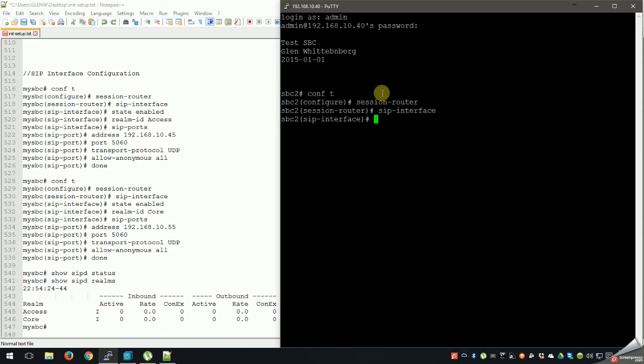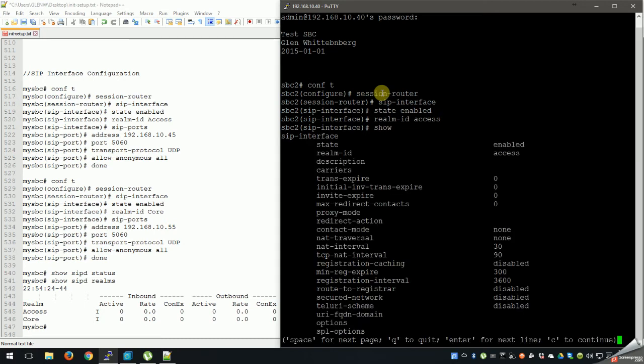First thing we want to do is do the state enable. All right, and we'll do a realm ID. And we're going to make our realm ID access to begin with. I think we can do a show here. Yeah, there we go. So we're enabled and we're access. So we just created that on the fly, right? With two commands, enabling the state put us into that specific interface, and then we just gave it a realm ID